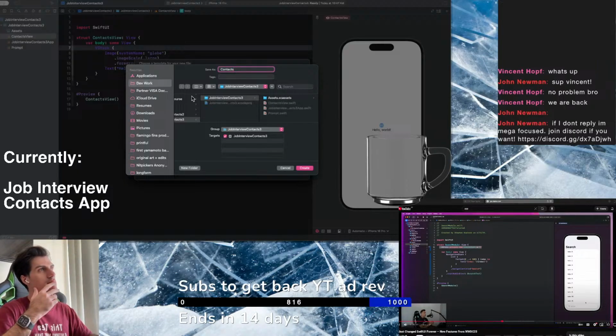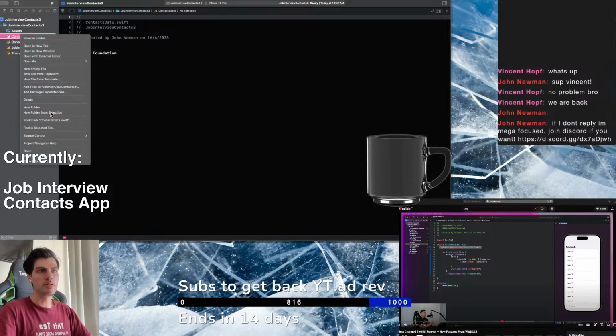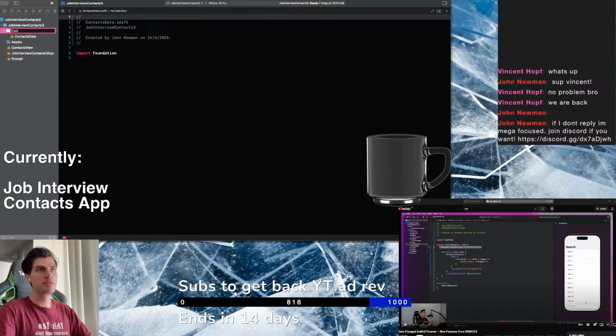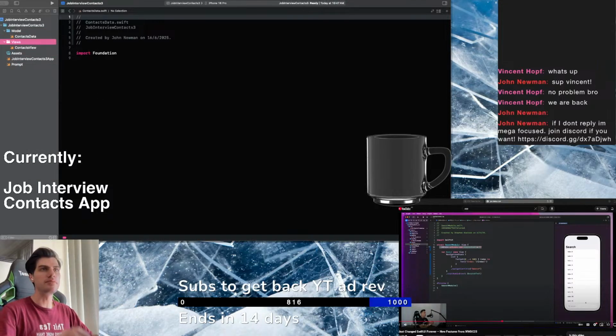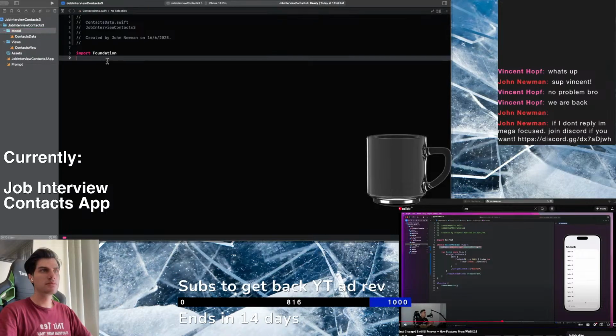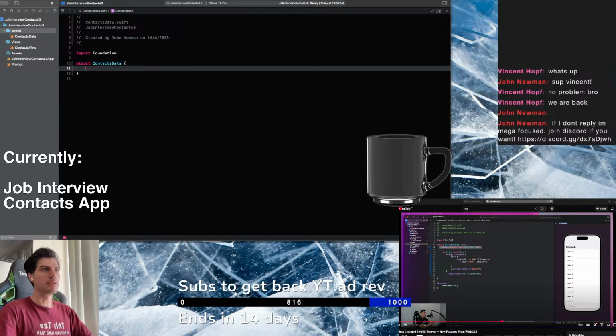Maybe just call it contacts data, and we'll do new folder from selection, model, new folder from selection, views. Struct, contacts data, and we want